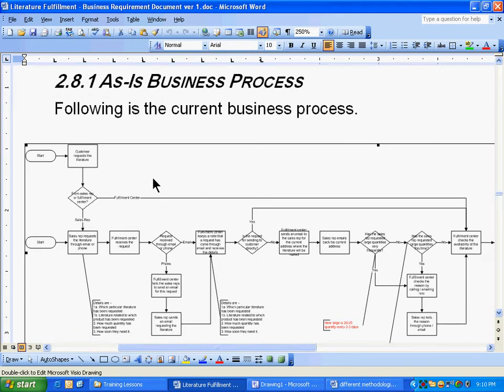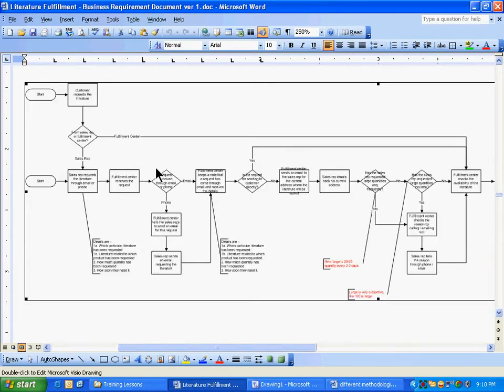Customer requests the literature. You must remember, Mr. Hafiz will make you redraw this diagram. That is the plan. When you redraw this complete diagram, you will notice what is written in all the boxes. I'll try to help, and we'll make sure that you understand all the subtle points. Make sure you understand these two things.